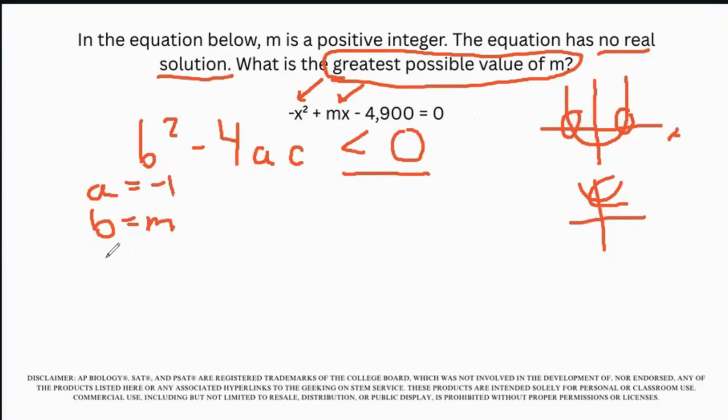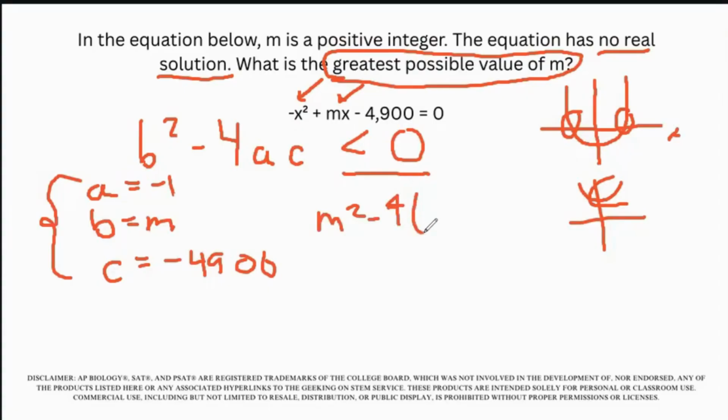B is the same thing as m, and then c is -4,900. Okay, so now what we have to do is plug these values into our discriminant, right? So we have m squared minus 4 because we have -4, a, which we have discovered is -1, and then c, which is